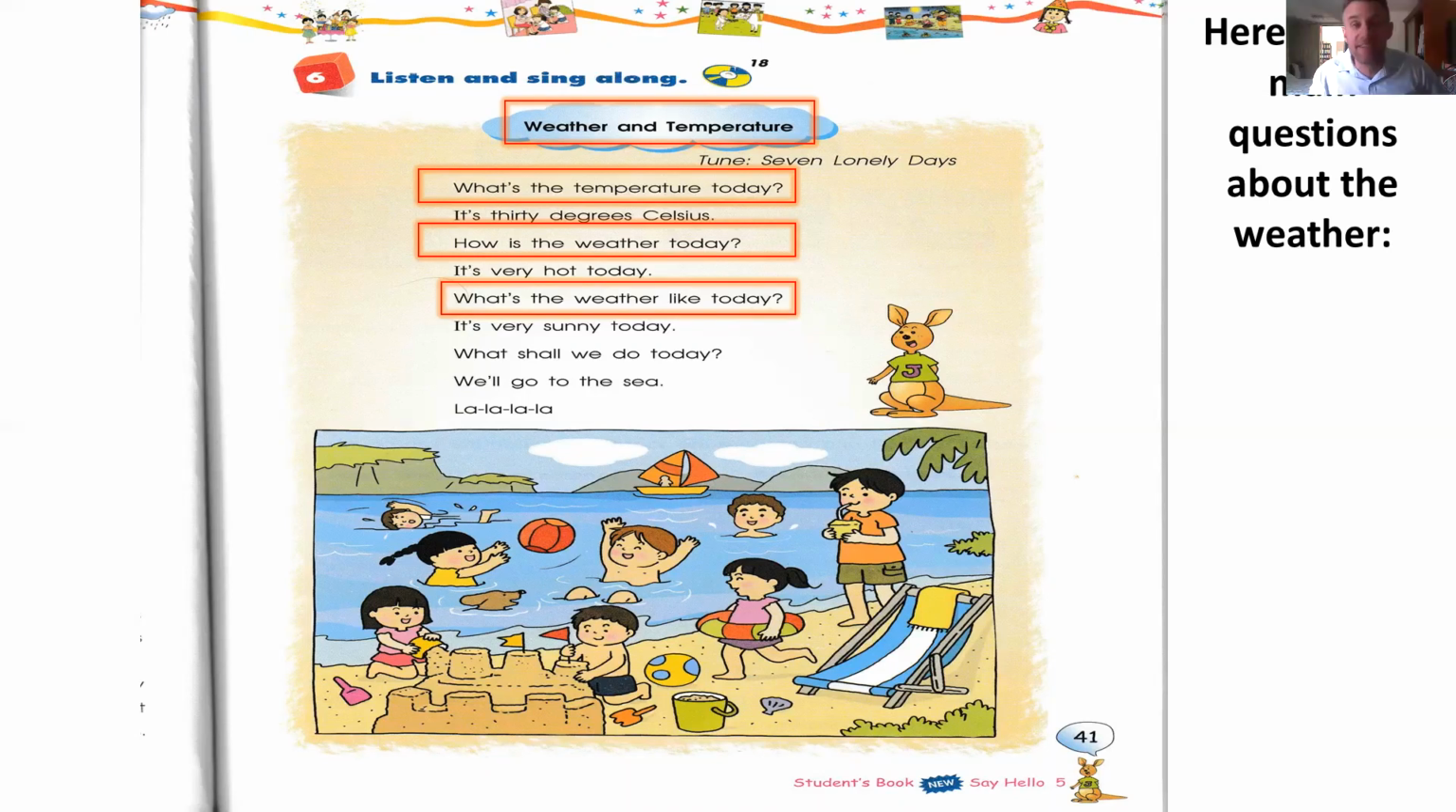Obviously, this is the song. I will not sing that, but it's useful for the vocabulary. So take a look on these questions and try to answer without seeing the answers. Okay? After that,